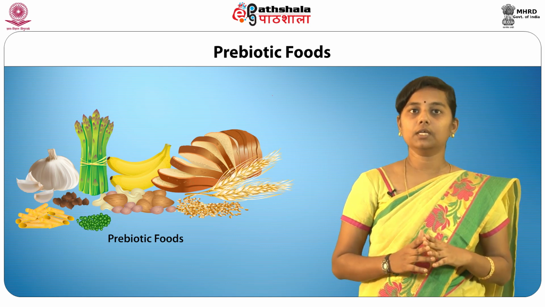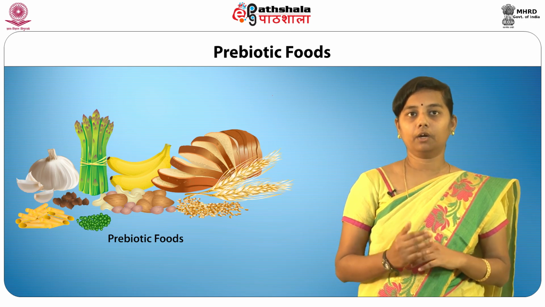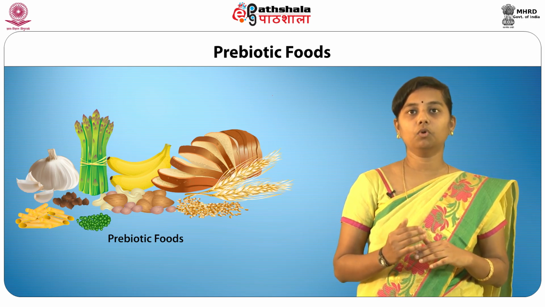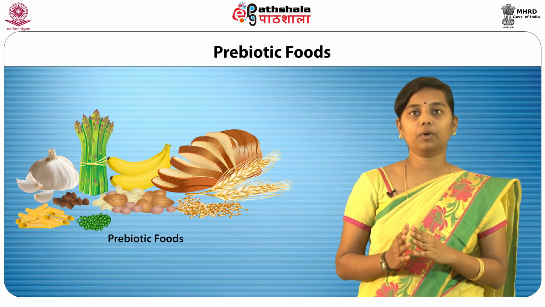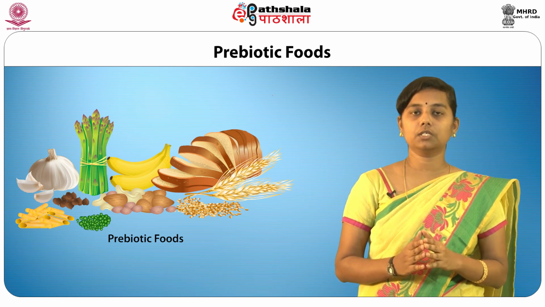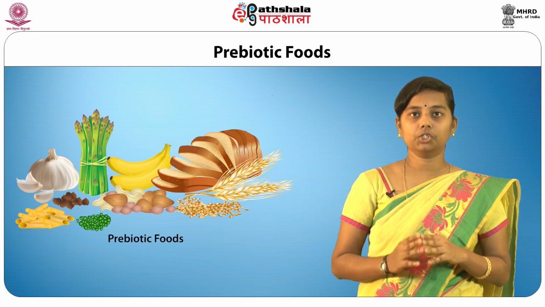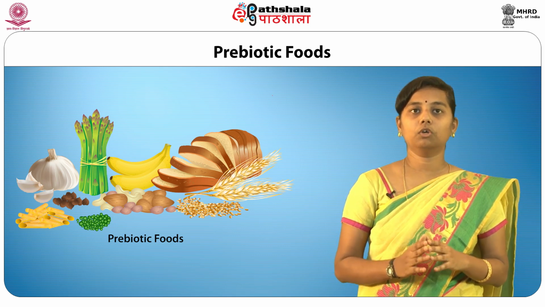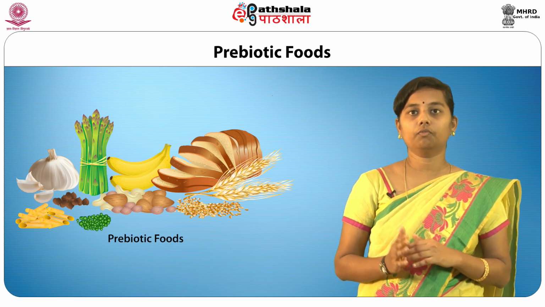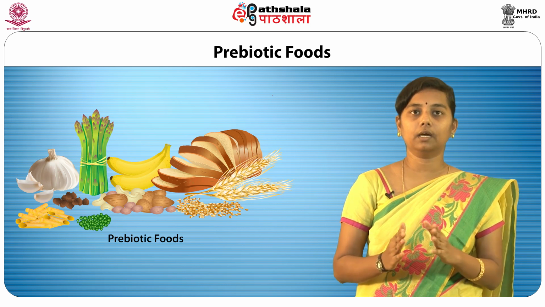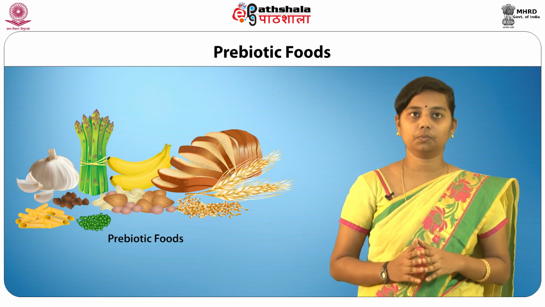The added prebiotics are mostly acquired either by extraction from plants, by enzymatic hydrolysis, or by synthesis from mono or disaccharides such as sucrose or lactose. A normal diet provides 5 to 10 grams of non-digestible carbohydrates per day. This includes oligosaccharides from vegetable origin, especially fructooligosaccharides. Effective doses of oligosaccharides are in the range of 5 to 10 grams per day for healthy adults. Doses less than 5 grams are generally considered ineffective.